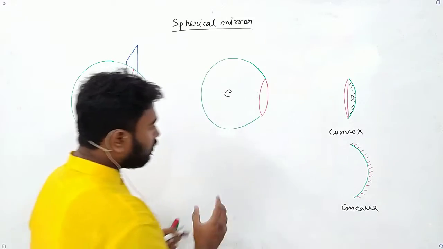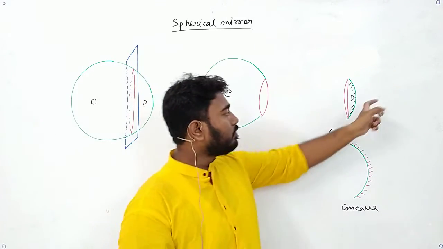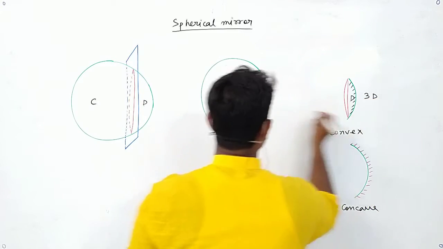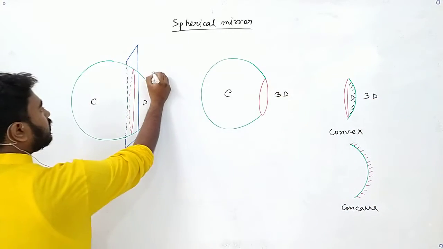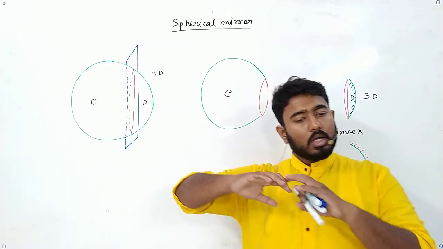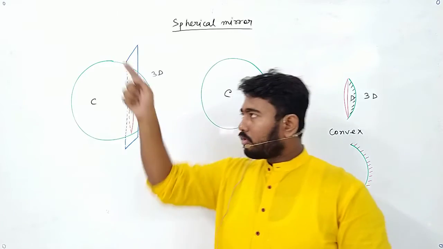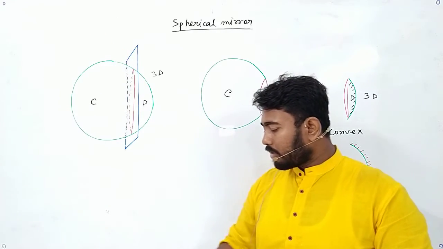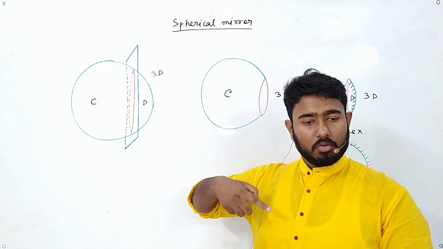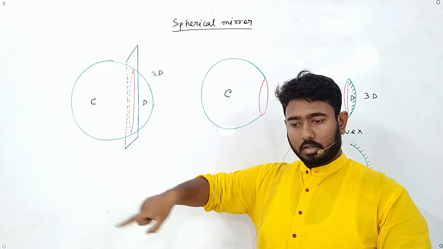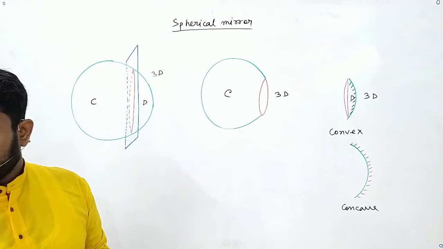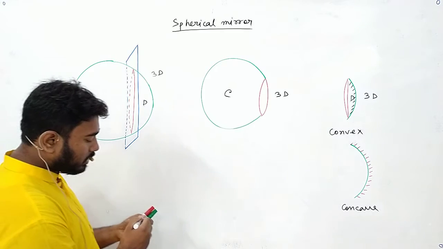Okay, now this is a 3D figure, right? This figure is a 3D figure. This one is also a 3D figure. This one is also a 3D figure, right? Now see, you see a kadhai. If you draw a line straight away in between the kadhai, what will you see? You will see a curved line. Will the curved line simply look like this? Suppose imagine it in this way.